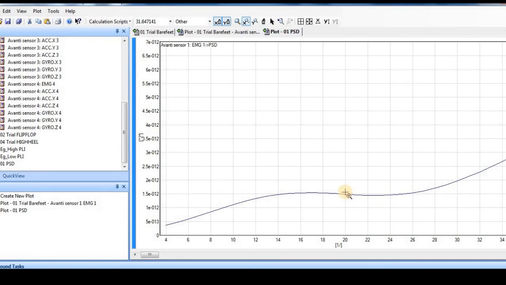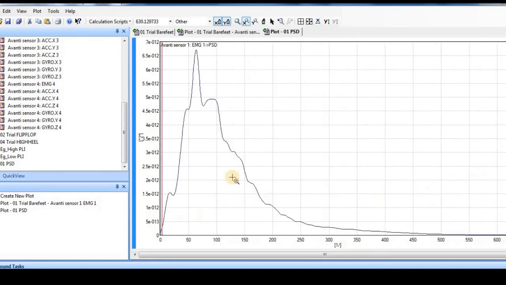So 550 and 20, the values I'm taking for the two cutoff frequencies, and this is for demonstration purpose. You can take any frequency that you may consider suitable and appropriate for filtering of this raw data. So I'm taking for this example demonstration 20 the high pass filtering and 550 the low pass filtering.